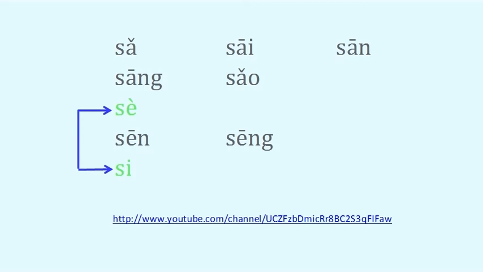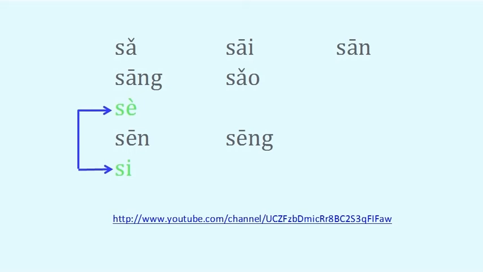Please remember this SI special pinyin form, as the alphabets J, Q, and X in pinyin can only and only be immediately followed by either functional alphabet I or functional alphabet U. This alphabet I in SI is only a written alphabet, and it's pronounced as S. With the alphabet I following the alphabet S, you cannot drop your lower jaw in pronouncing S, the voiced consonant. You have to compare this S with S above.